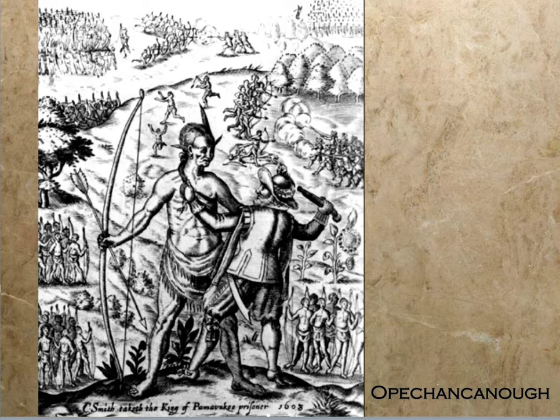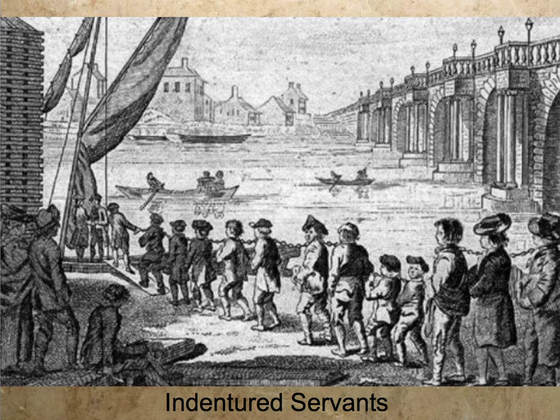this included a broad spectrum from some groups who peacefully traded with Indians and created alliances, and other groups who were frequently at war. And finally, the chapter concludes with a description of colonial labor forces. There was a lot of work to be done in the colonies, and through much of the 1600s, that work was mostly done by indentured servants.